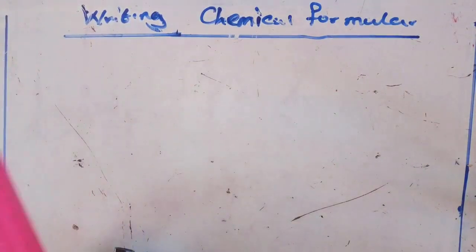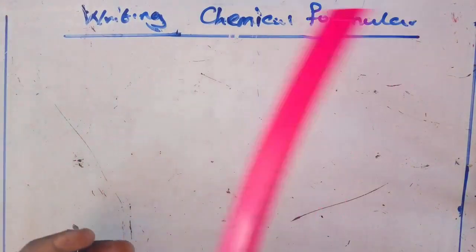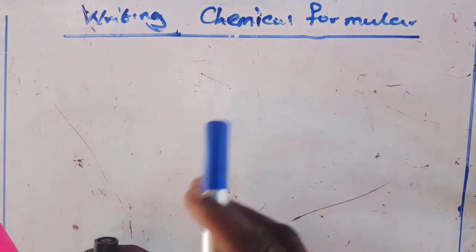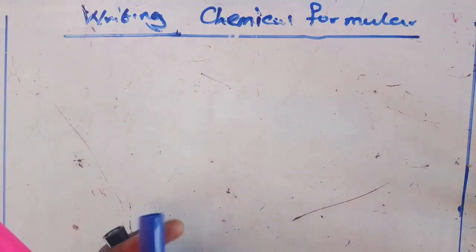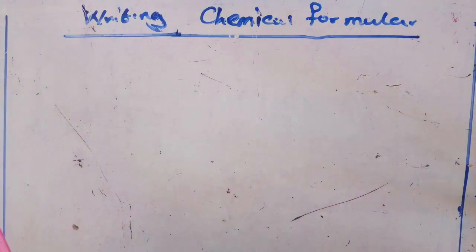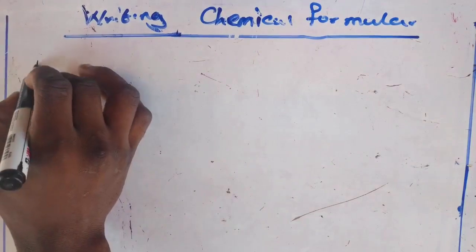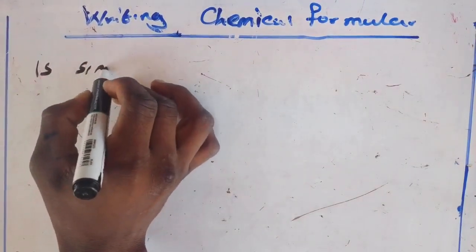So let's look at writing chemical formulas. This is chemistry, and we're going to look at how to write chemical formulas. Writing a chemical formula is simple, provided you know the combining elements or radicals. So I'm going to write it down. Writing chemical formula is simple